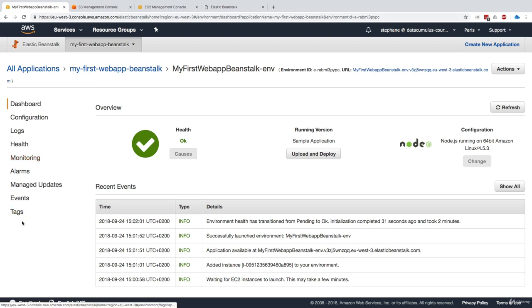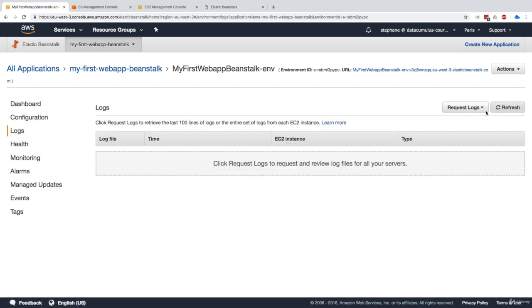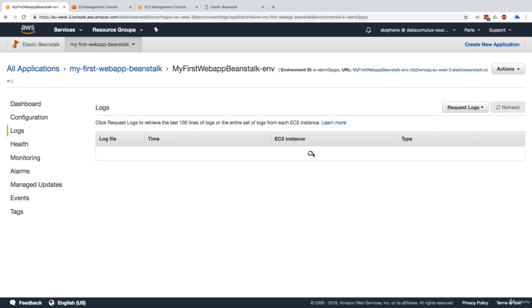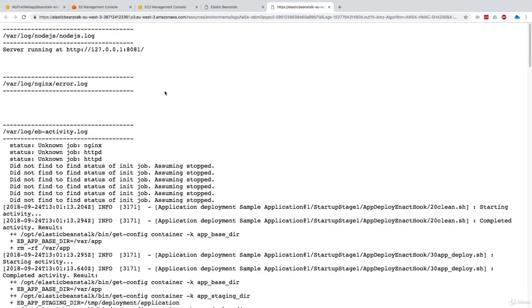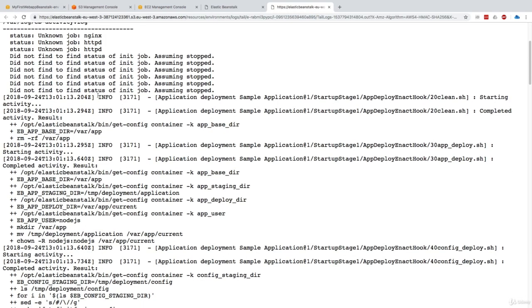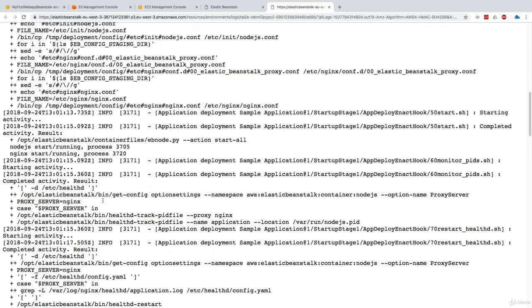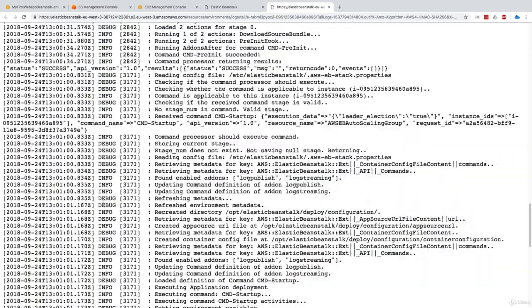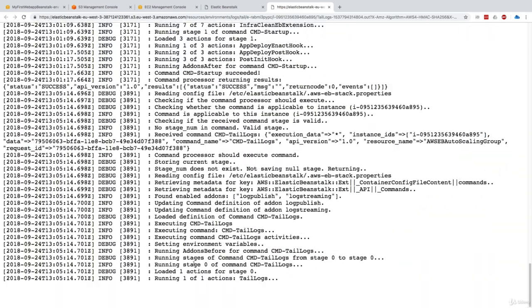So we can see a lot of stuff on the left-hand side, and there's a lot of menus. The configuration menu, I will actually leave it to the next lecture. But if we look at the logs, we can request the logs and click on refresh, and you can request the last 100 lines of log. You can download it, and here you can see all the log of what happens on the EC2 machine when the application was deployed. As you can see, a lot of things happen, but at the very end, the application